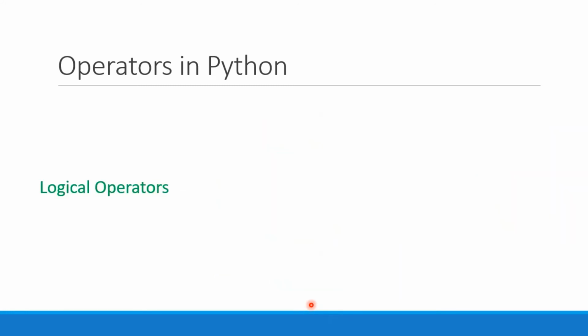Now let's move to logical operators. Now in relational operators, we basically check some condition. Okay, we check only one condition. So when we have to check multiple conditions, I mean we want to check whether multiple conditions are true or not, then for this purpose we use logical operators. Okay, and in Python we have three logical operators: AND operator, OR operator, and NOT operator. So let's see what this AND operator is and what the purpose of this AND operator is.